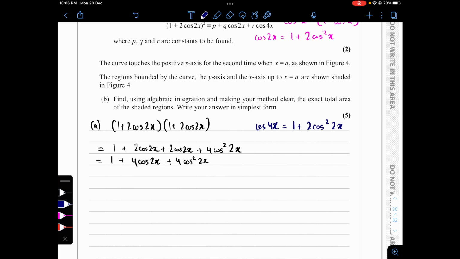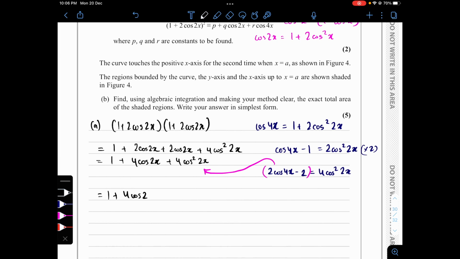And now we have 4 of them, so let's make 2 cos squared x. So cos 4x minus 1 would be 2 cos squared 2x, and we want 4, so let's multiply everything by 2. That will be 2 cos 4x minus 2 is equivalent to 4 cos squared 2x, and then we can substitute this into this. So that's now equivalent to 1 plus 4 cos 2x plus,